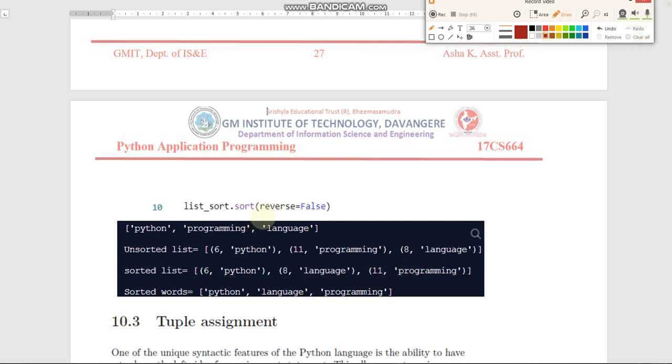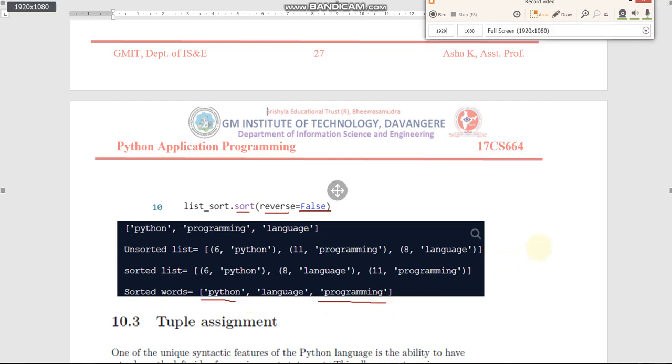So here reverse is equal to true means all the elements are sorted in descending order, from the longest word to the smallest word. But if we change the argument to reverse is equal to false, then all the words will be sorted in ascending order, smallest word to the longest word.